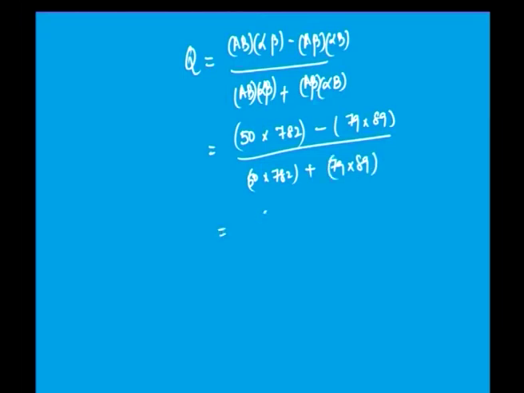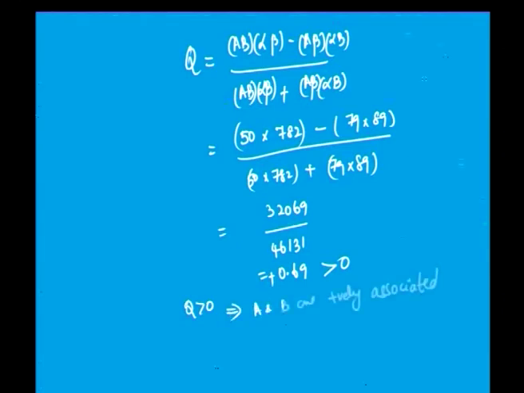This value gives you 32069 divided by 46131, which is equal to 0.69, which is positive. Therefore, Q value is greater than 0. Q greater than 0 implies